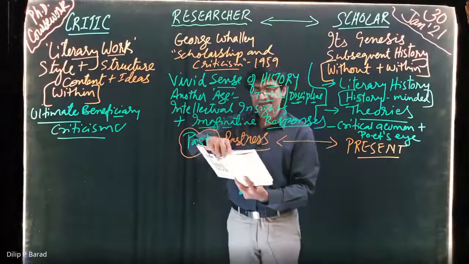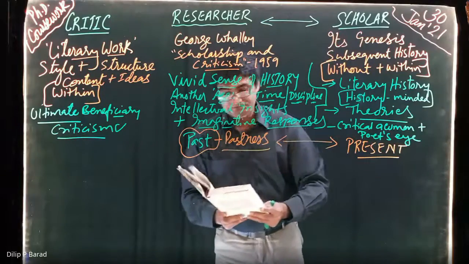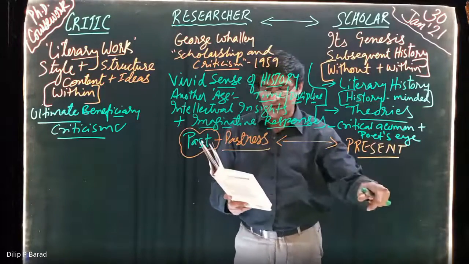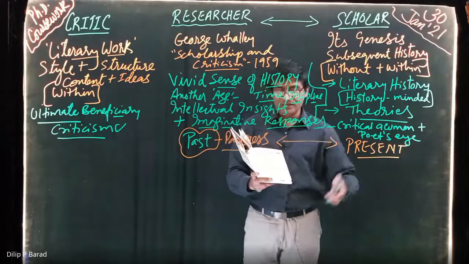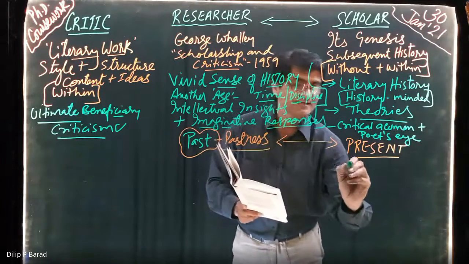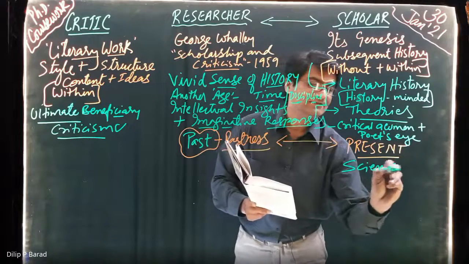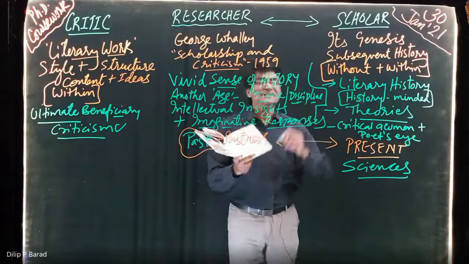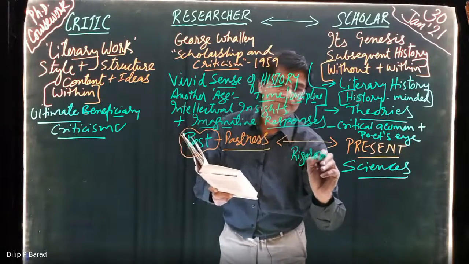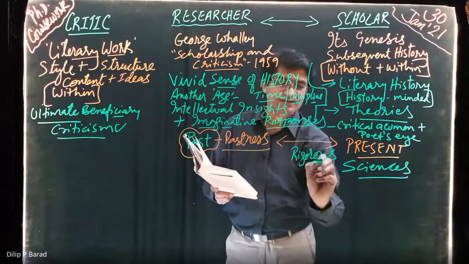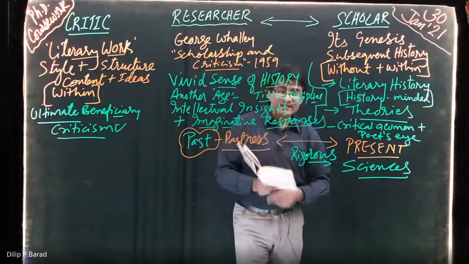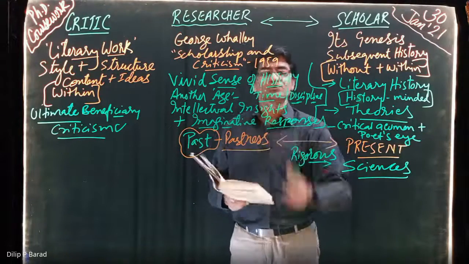It is said here, further it writes that the literary scholar needs to be as rigorous as their method in sciences, or like scientists, his method has to be very rigorous. That is the scholar's work. Very rigorous, like scientists, like people who work in science. Now, what is it to work like a scientist? What is it to be like a scientist?